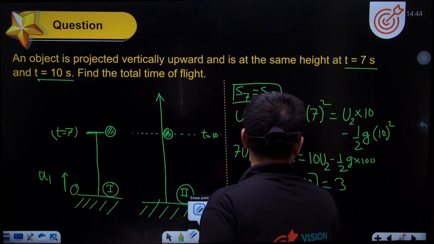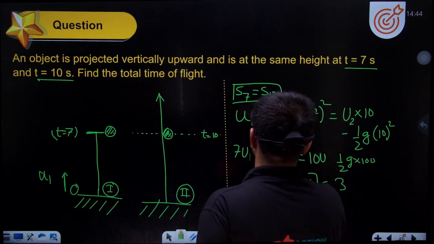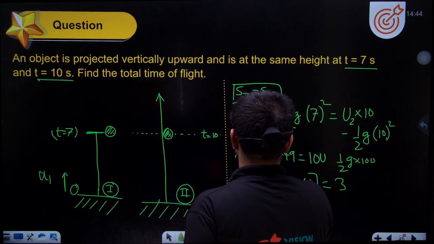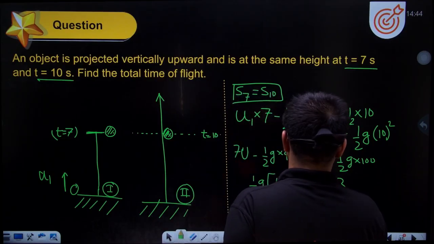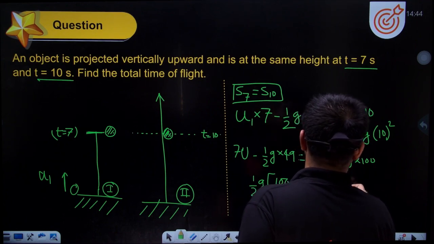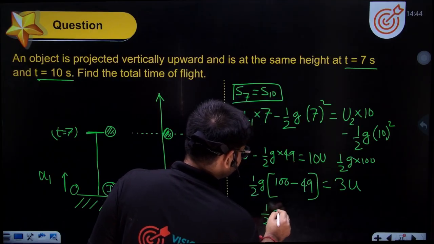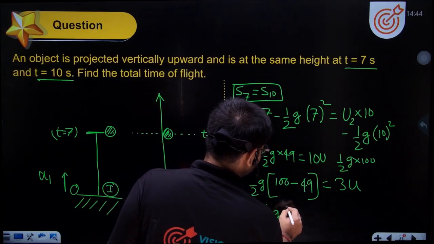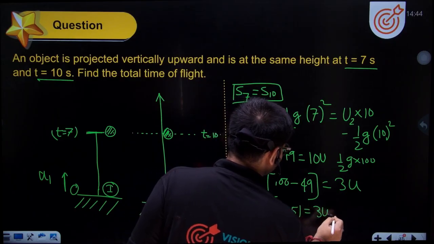So, you can say that I can take this to be u, you just take it u. Okay. So, it is becoming 3u. Okay. So, half g into 51 is equal to 3u,